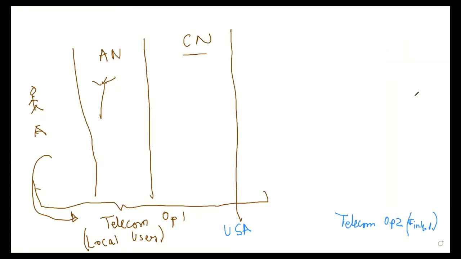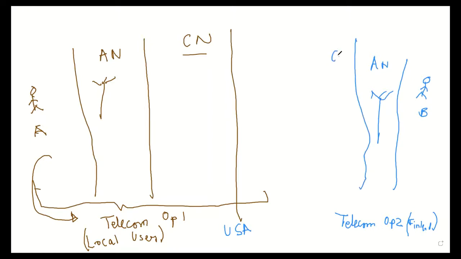And we have similar kind of stuff over here as well. So maybe the local users over here, some guy B, there would be access network, the radio access network, some transceivers over here. And then there would be the core network of this network in Finland, so on and so forth. So exactly. So from the perspective of Telecom Op 2, this guy B is a local user,